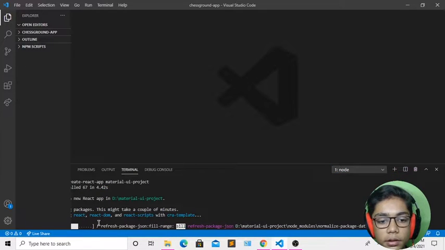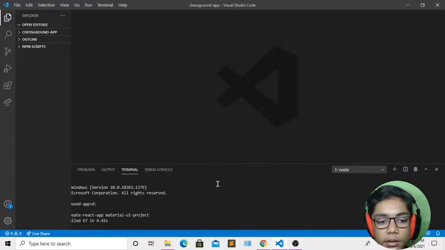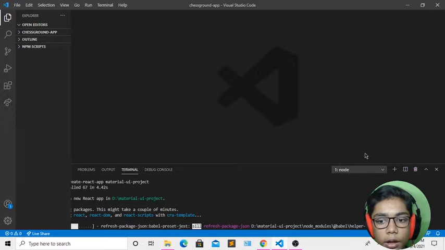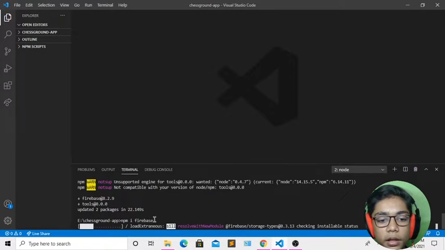So it is still taking the time, so here you have to wait. Now when you've defined all these things, I will be doing another thing. I'll be going down, and you can see that it is refreshing our package JSON. Then it is also downloading this refreshed package JSON here. You have to wait till it is downloading all these things, and you can go to another node, which is called the second node, and it is also downloading that.